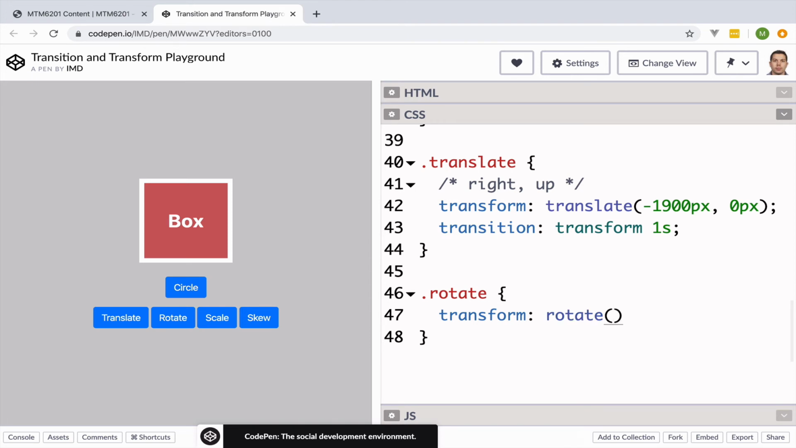So again, we can use degrees, turns, gradients, or radians. Again, most of the time you're just going to use degrees or turns. I find turns really helpful, so I don't have to even calculate the degrees. It's like, oh, how many times do I want to rotate? Oh, I just want to rotate 3 times around. So that's 3 turns. Okay, so if we were to do this,